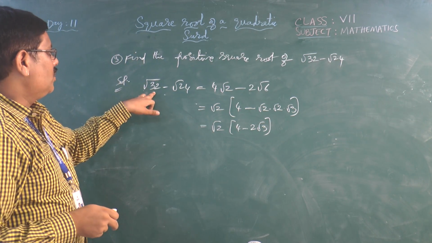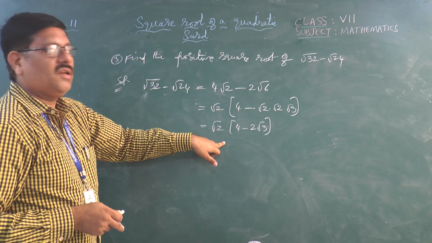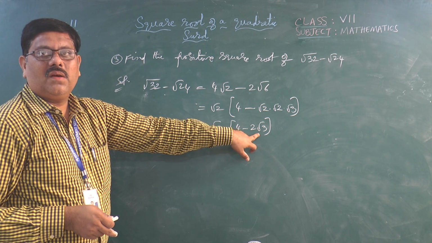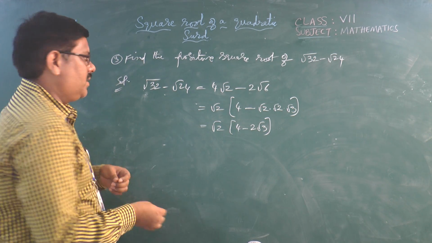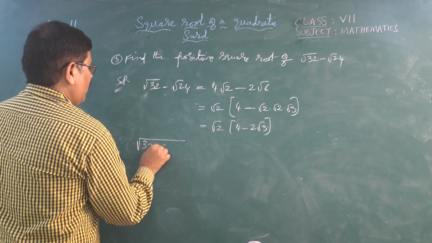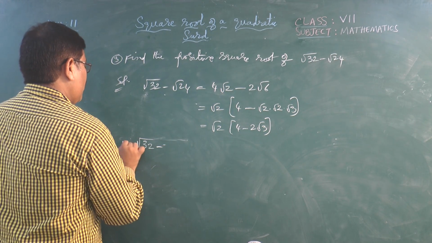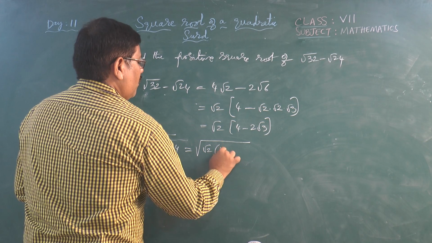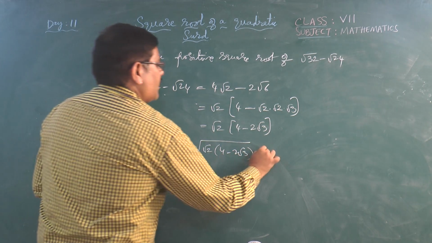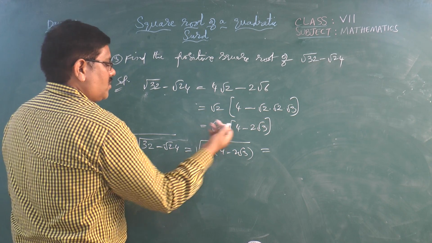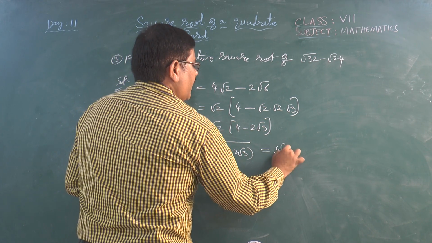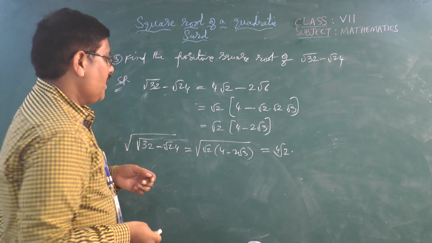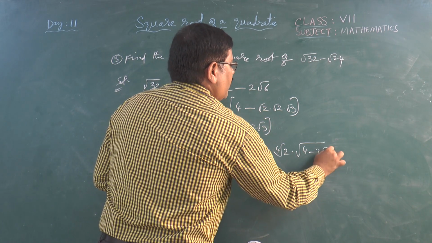I have simplified root 32 minus root 24 in this particular way. Root 2 is common for both the terms. If I take root 2 common, I have 4 minus 2 root 3. Now our task is to find out the square root of this. Therefore, the square root of root 32 minus root 24 is equal to nothing but the square root of root 2 into 4 minus 2 root 3. That is otherwise root of root 2, so that is nothing but 2 to the power of 1 by 4, or simply we can write it as 4th root 2, according to laws of radicals: nth root of mth root of a is mnth root of a, into root of 4 minus 2 root 3.